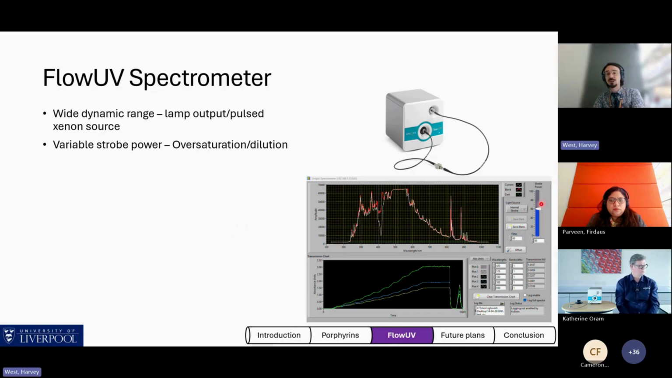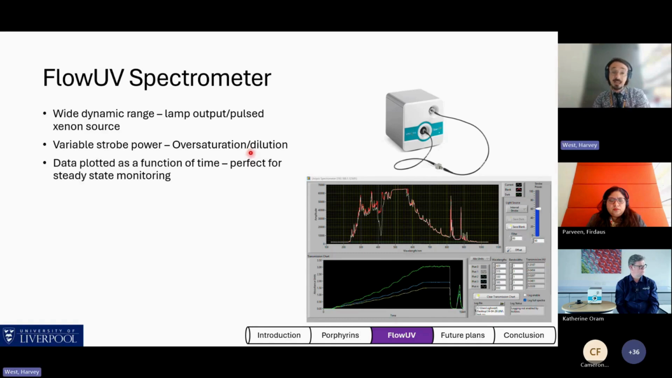We're able to dynamically adjust the strobe power and avoid issues caused by oversaturation or negate issues that we see in telescoped processes, in particular of continuous dilution of our analyte. Our data is plotted as a function of time, which is absolutely perfect for us to be able to monitor our steady state. And as Andrew pointed out, we can monitor 5 wavelengths simultaneously and adjust these on the fly, giving us a unique opportunity to shift our looking glass to where we need to be at that